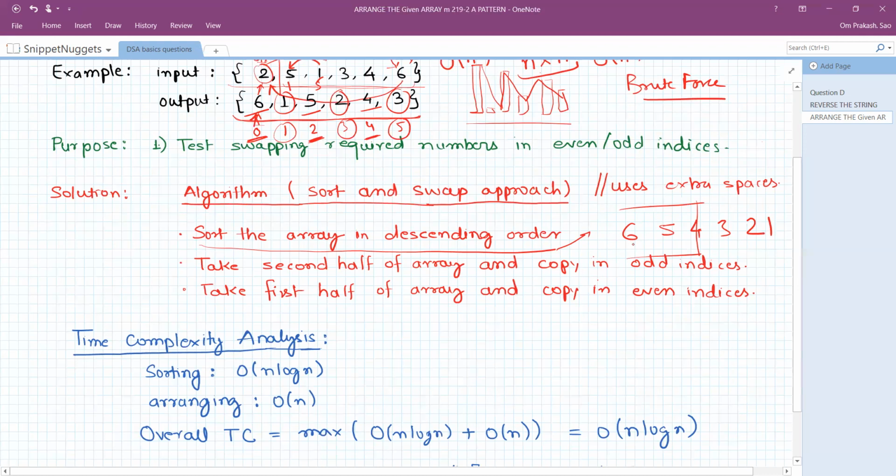So 6 will be copied to 0, 5 will be copied to 2, and 4 will be copied to 4.